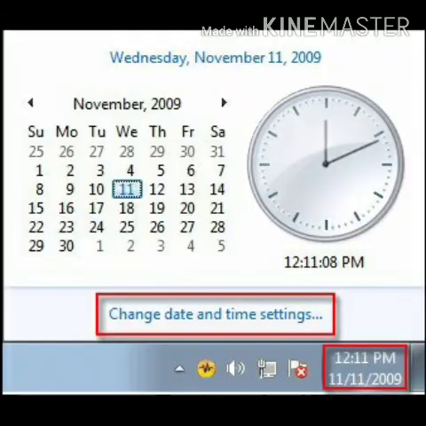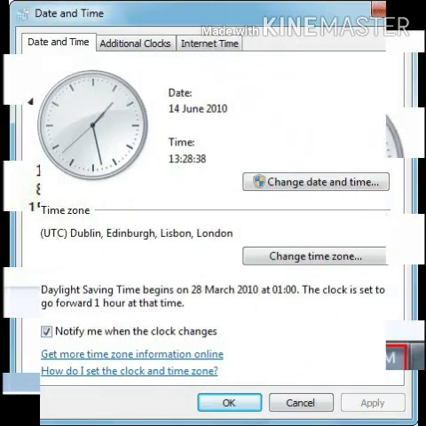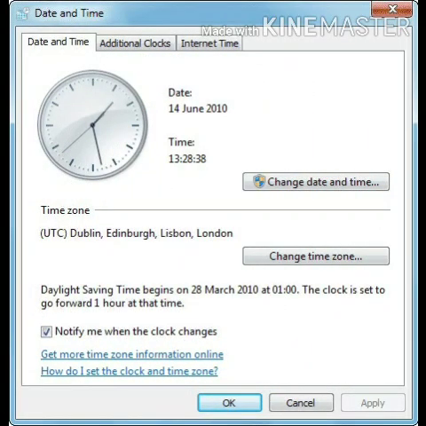Changing the date and time. First, to display the date set in your computer, position the mouse pointer over the clock. Click on the clock and then to change the date or time set in your computer, click on Change Date and Time Settings. Then click on Change Date and Time button to change the date and time settings.